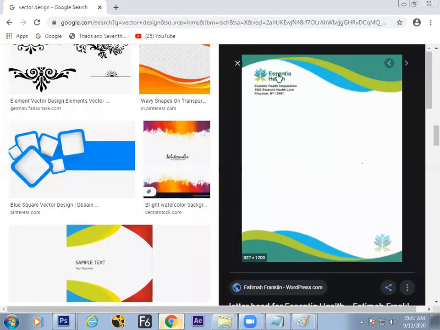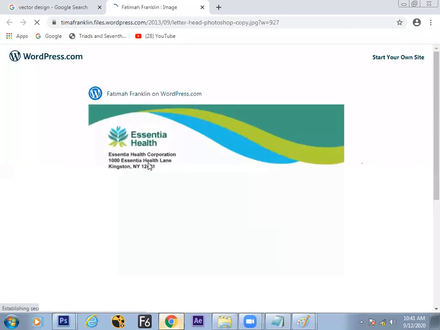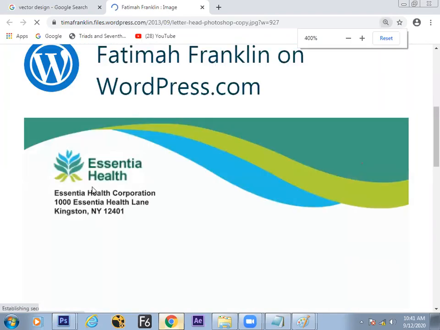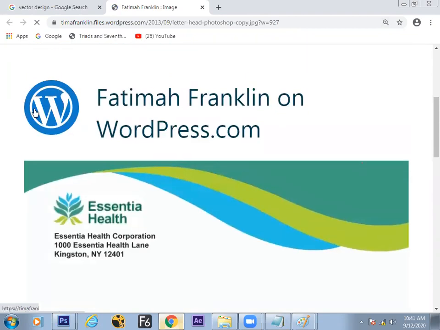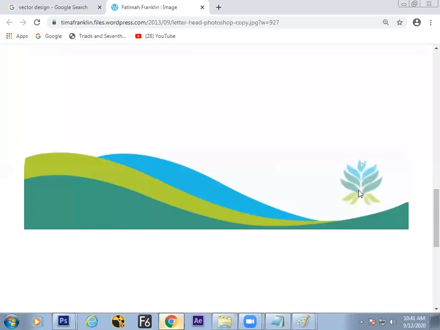So everything, this text is vector, these shapes are vector. You can see. This text and the shapes are vector here. Even this logo is a unicolor, single color logo, that is a vector. So vector graphics, there is a limitation. You can use only one single solid color in one shape.